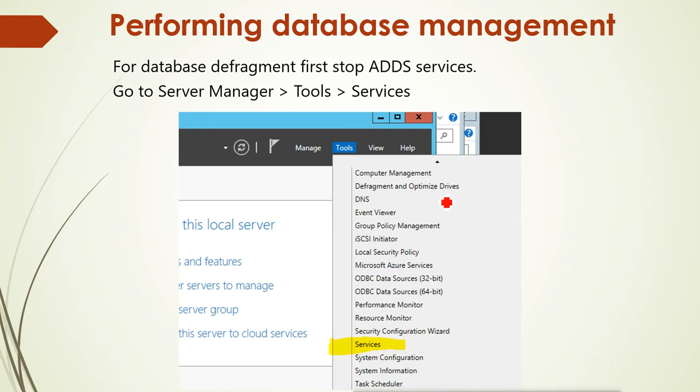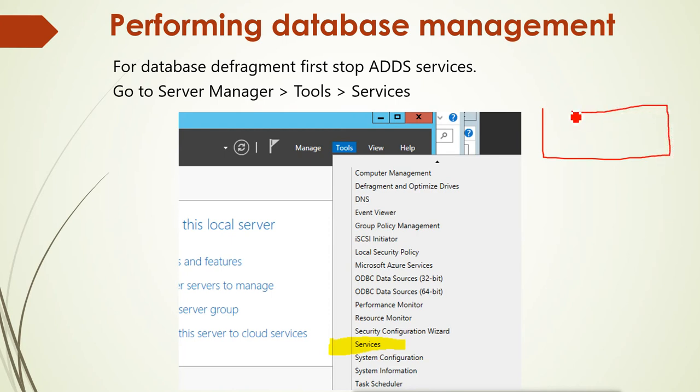Let's see that. First, what is defragmentation? Database defragmentation is actually a rare task, because normally we don't do it. It is arranging the database in order, like we do for the hard disk also.